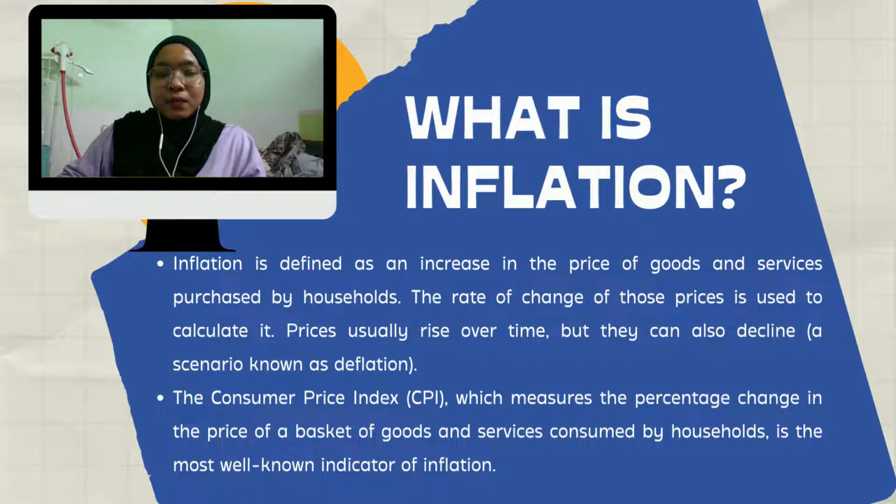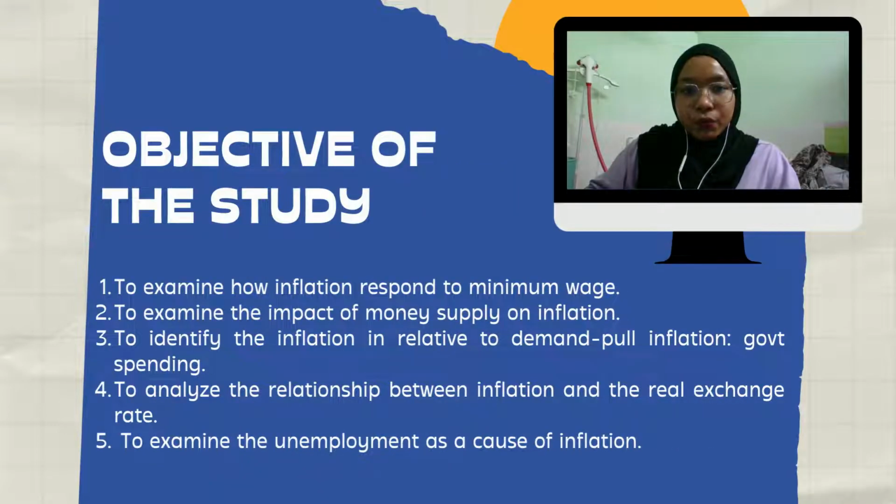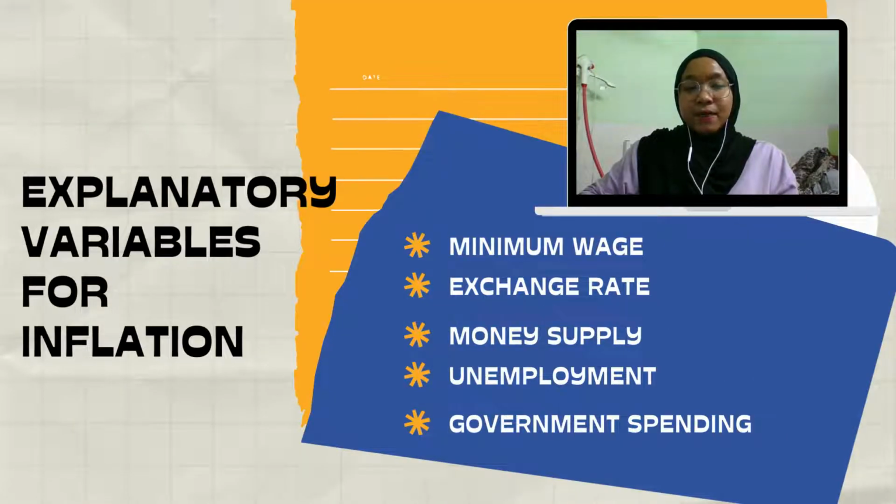The Consumer Price Index, or CPI, which measures the percentage change in the price of a basket of goods and services consumed by households, is the most well-known indicator of inflation. To fulfill our curiosity, the objective of this research paper is to find the relationship between minimum wage, money supply, government spending, real exchange rate, and unemployment on inflation. In this paper, inflation is the dependent variable. We have found several explanatory variables that inflation corresponds to, which are minimum wage, exchange rate, money supply, unemployment, and